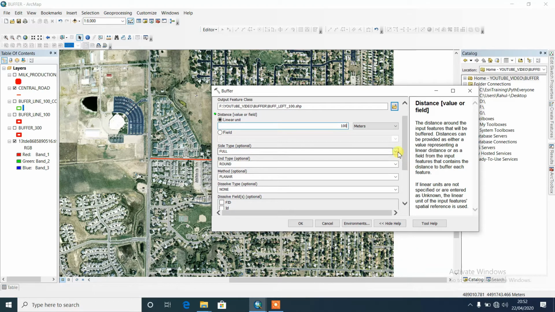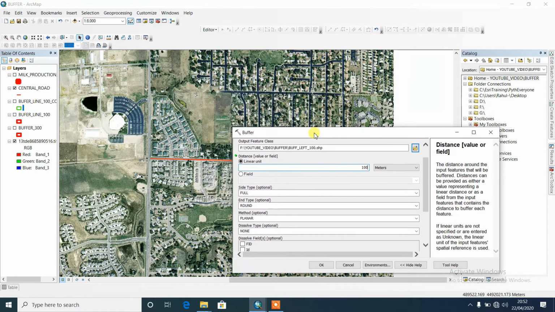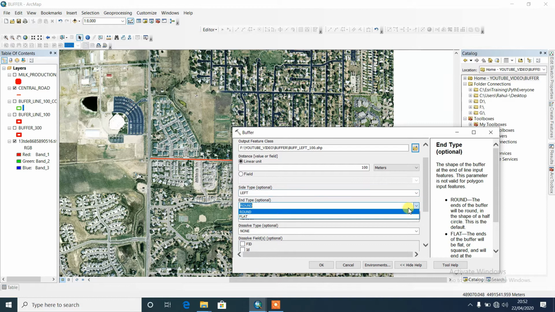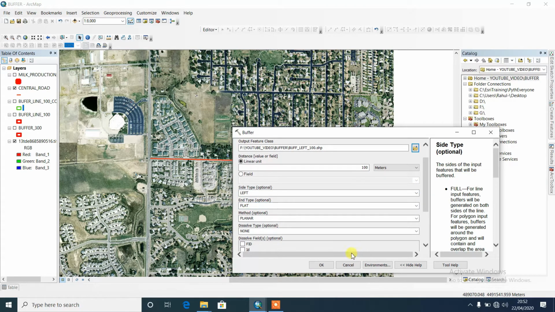Here, side type: suppose you want only the buffer on the left side, then you can choose left. In case of the right, you can choose right. Here I want to choose flat, right? Just okay.